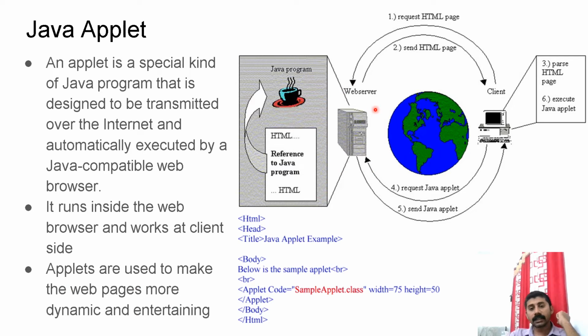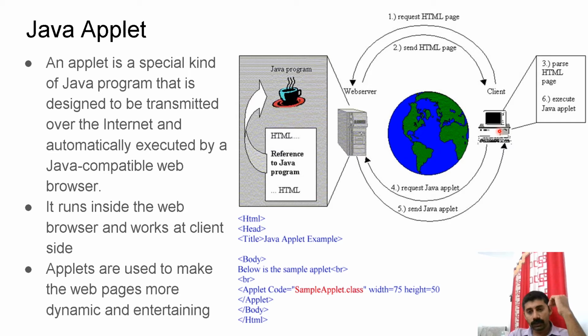In the case of internet, there is the concept of web server and web client. When you access a web page, if you are accessing the web page of google.com, from the web browser you are sending a request to the google.com's web server. In response to that, that server will send you a web page with the desired content. On parsing that content, if there is a Java applet used in that particular web page, then within the HTML code there will be an applet tag. So based on this tag, your web browser can understand that okay, this particular web page is using some Java applet.